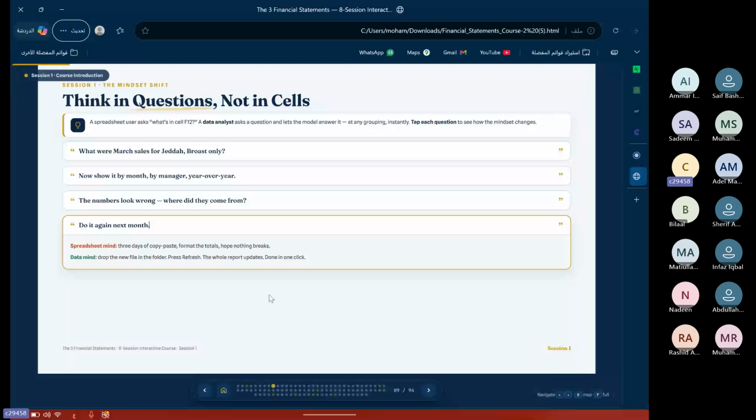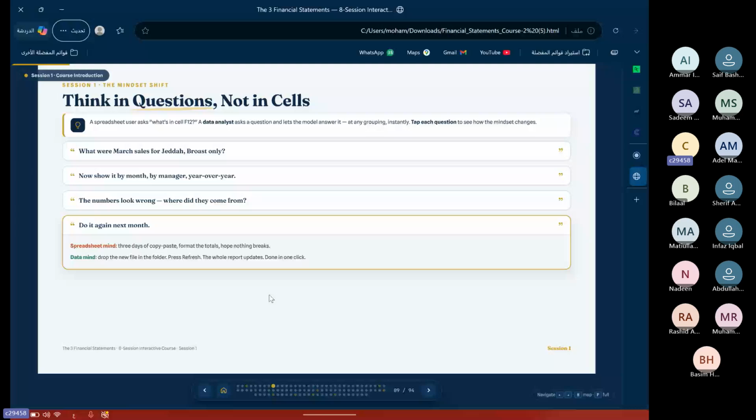And April came, the month of April came, and you need to add the data for April. So you will download the data from your ERP system, and you will clean it, and you will make a lot of adjustments on this data, and then you take it and copy and put it in all the files, and then you will update it, and it will take some time, and you do not know if this is a good result or not.